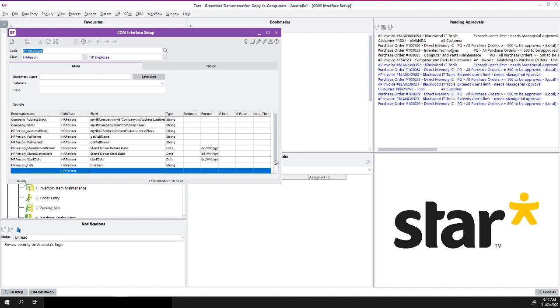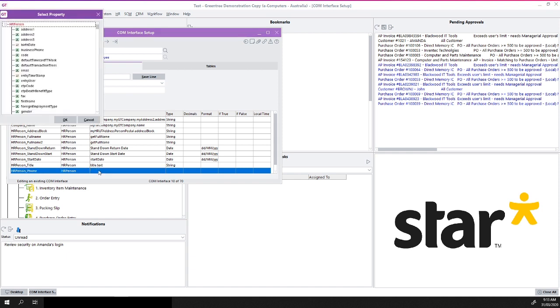You can add as many bookmarks as you'd like, which consist of a bookmark name and a field that it's pointing to. Let's go and add the employee's phone number. Now, as you may be selecting fields from multiple records or record types that share a similar name or field name, I suggest prefixing the bookmarks with an appropriate description. So I'm going to put in HR person and phone,